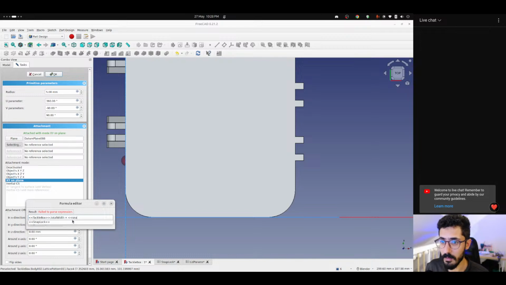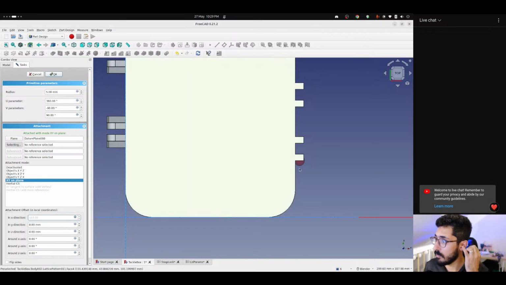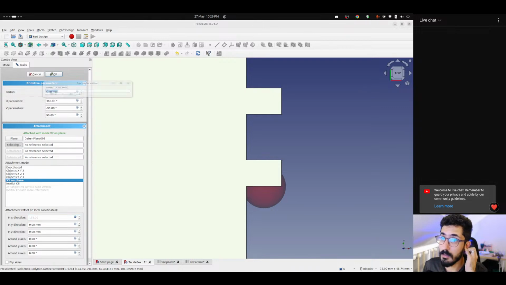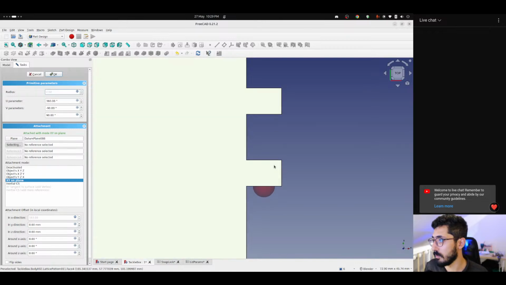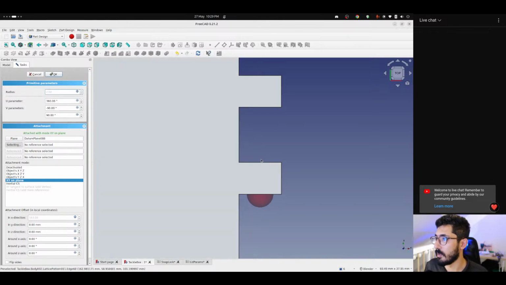Yeah, snaplock dot total thickness divided by 2, and the radius is snaplock dot diameter divided by 2, and now we want it here. So y, no,